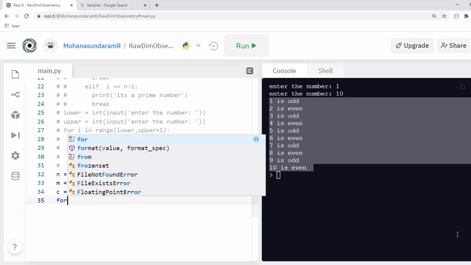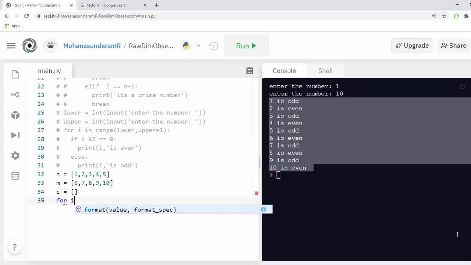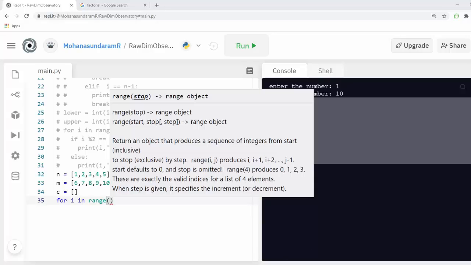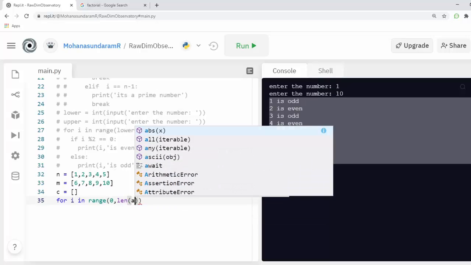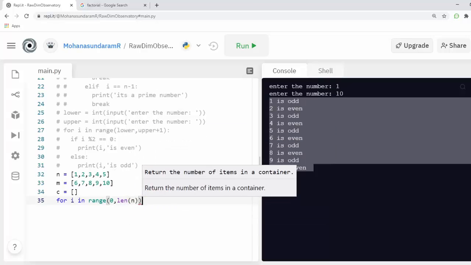I'm creating my for loop here: for i in range 0 to len of n, the length of the n variable.